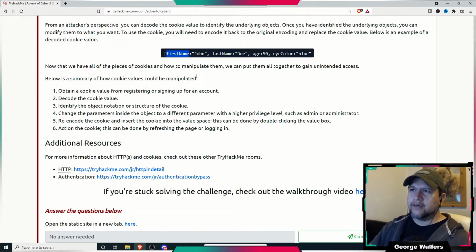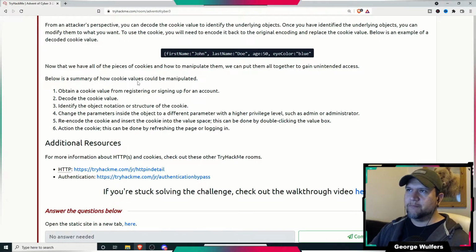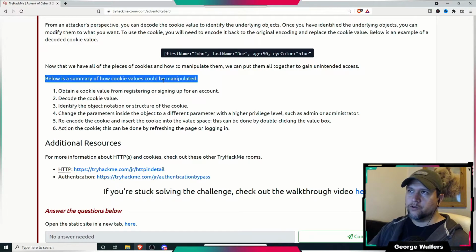So if you change those values, let's say that there's a field called security level or something like that, and usually they're like A, B, C, or D, with A being the highest. I think it depends on whoever programmed it, but if the lowest is D and you just change it back to A, then now you have all of a sudden admin rights in a sense, because you can change that. You have manipulated that value and you have tricked the server into becoming